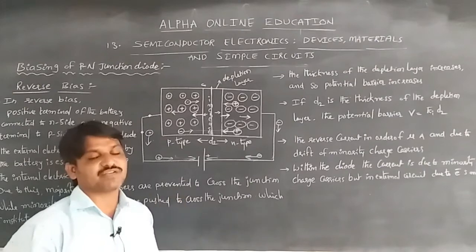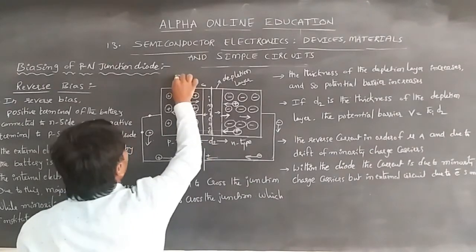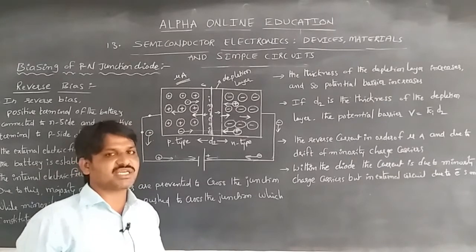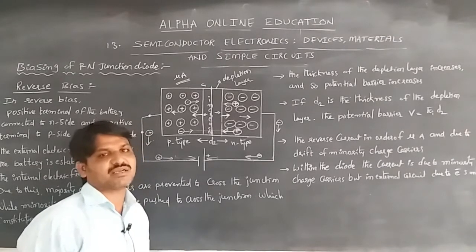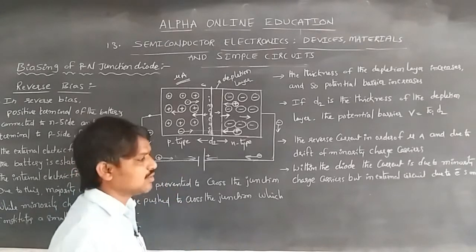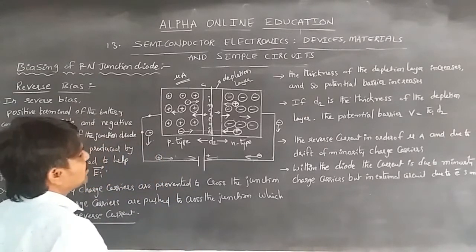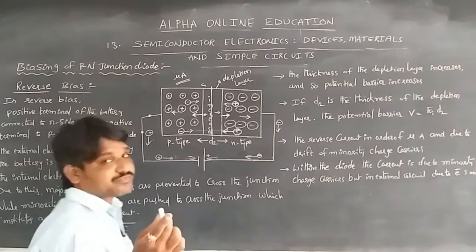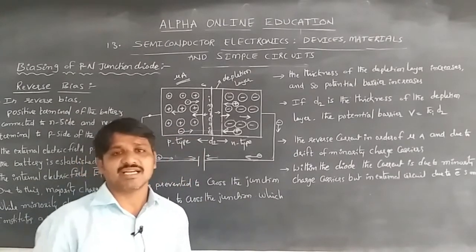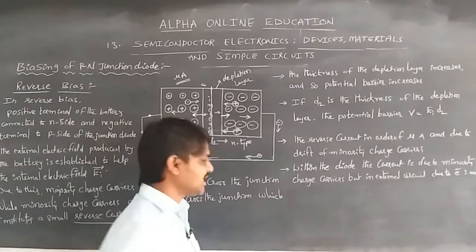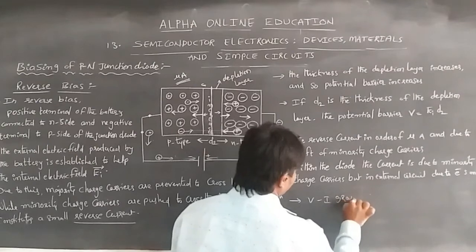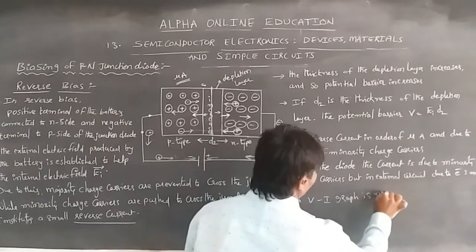diode, the reverse current flows in microamperes, due to the minority charge carriers on both sides of the semiconductor materials, so that the current flows in the diode. That's why the graph drawn between current and voltage will be non-linear. The VI graph is non-linear.